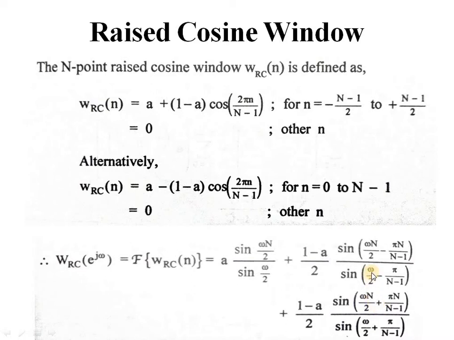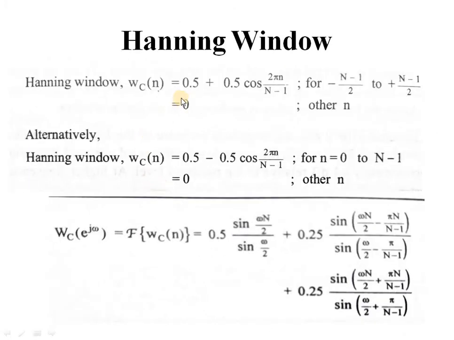However, let us see the different classes of raised cosine windows with different values of a, and I start with a equal to 0.5, and we call it a Hamming window. The Hamming window is one type of raised cosine window, and the equation for this windowing sequence is obtained by putting just a equal to 0 in the previous equations. This particular equation serves only for odd values of n, but the windowing sequence defined by this particular equation can be used for both odd and even values of n.